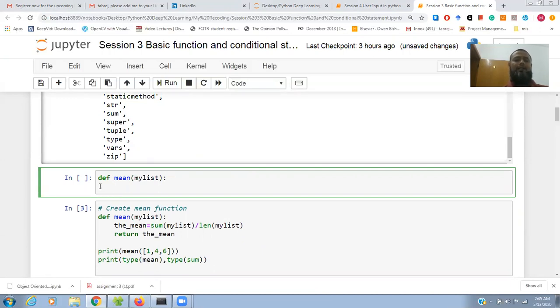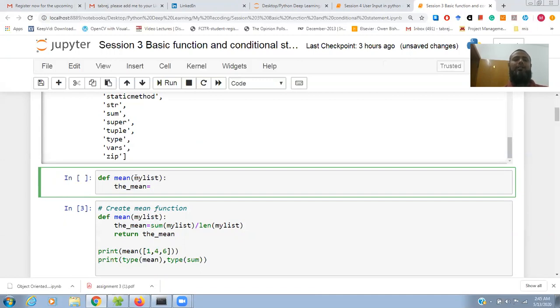Automatically it is indented by 4 spaces. If you see, this is 1 2 3 4. Then I'll just write the mean. The mean is equal to, how can we find the mean?